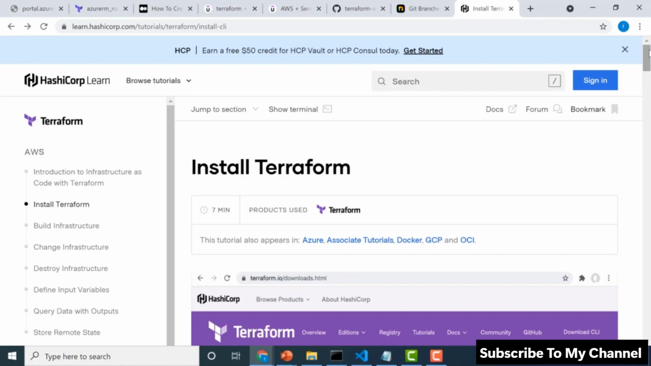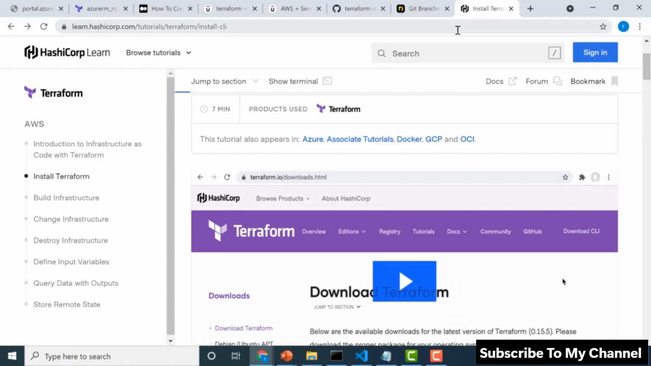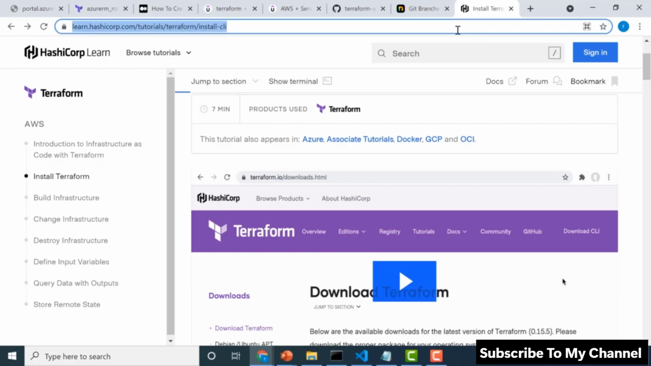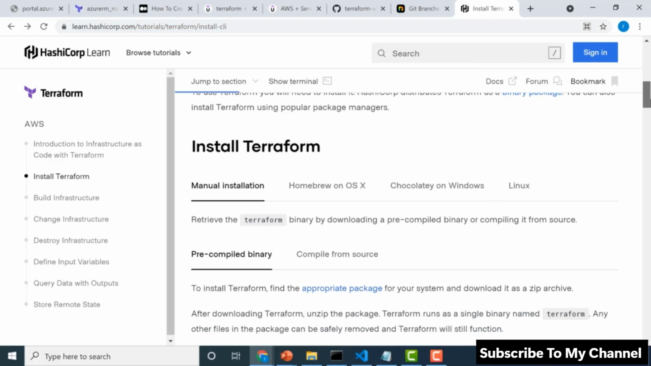Now you can install Terraform on Linux, Windows, as well as OS X. There is a link on how you can install it. The link I will send in the description below. You can just go through this link and get Terraform installed based on whatever operating system you